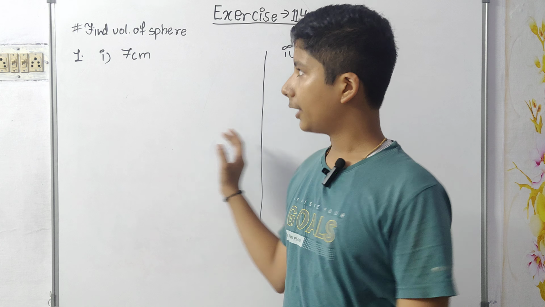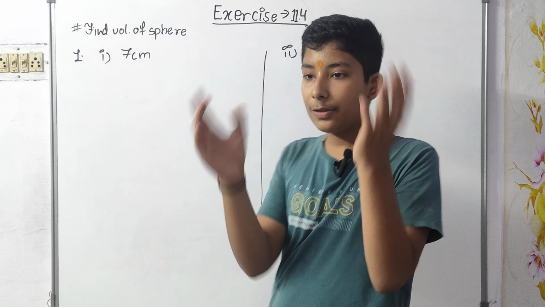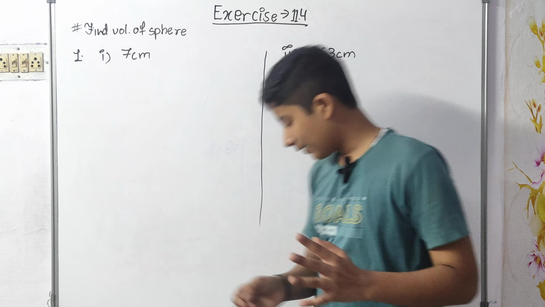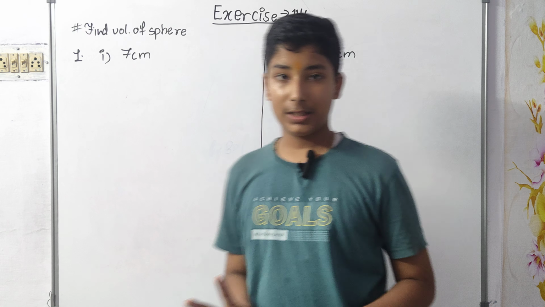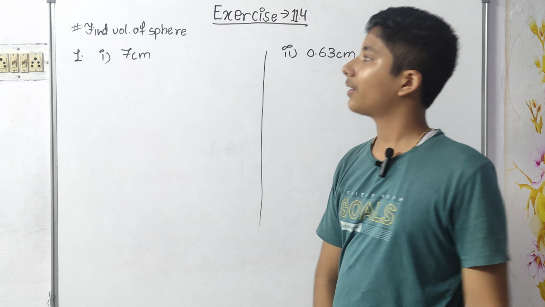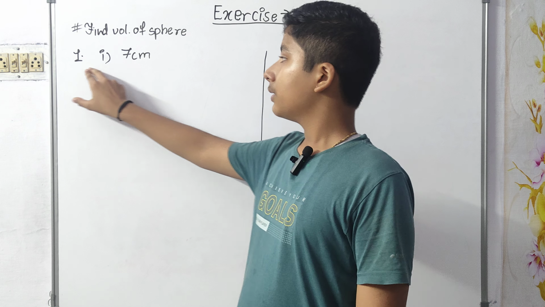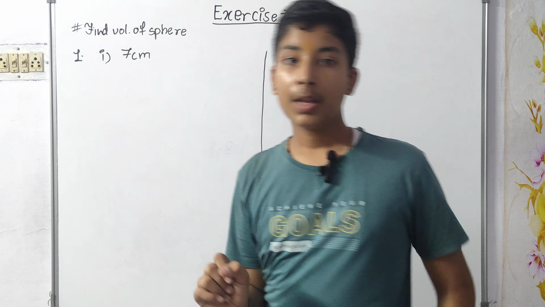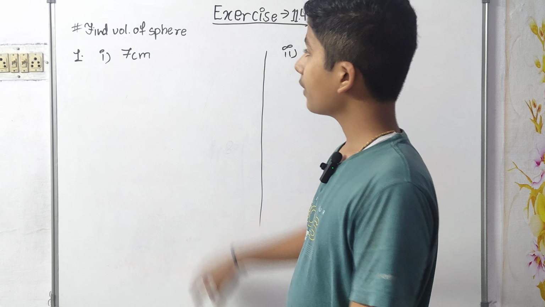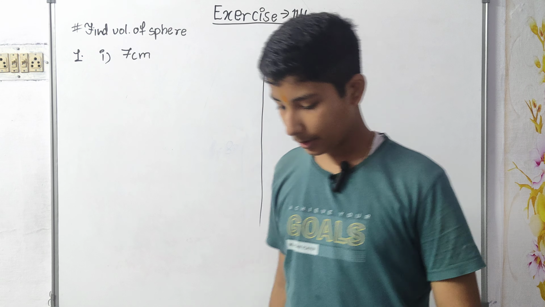Over here, the radius is given, there is a sphere. Finally we have continued to the sphere. Until now we continued with the cone and only the cone, there was no other question than cone, but finally we have got the questions related to sphere. Here the radius of the sphere is given and we have to find the volume of the spheres respectively. So first question, the radius is 7 centimeter.